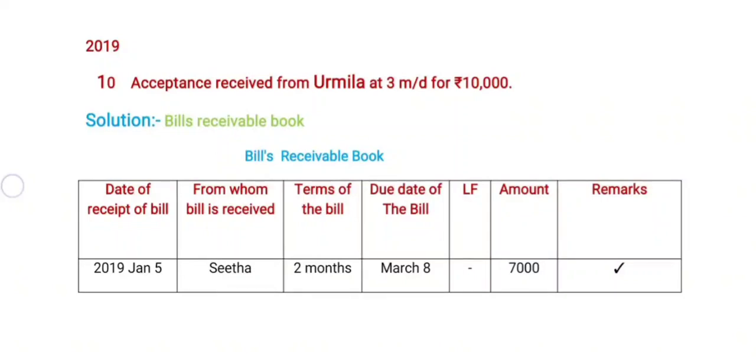Now coming to the due date of the bill. Here the due date is calculated based on the term in months and the given date. Here it is 10th Jan and 3 months. Then add January 10, Feb 10, March 10. It is March 10 plus add 3 days. It is March 13th, the due date. We can explain with the help of the working note.